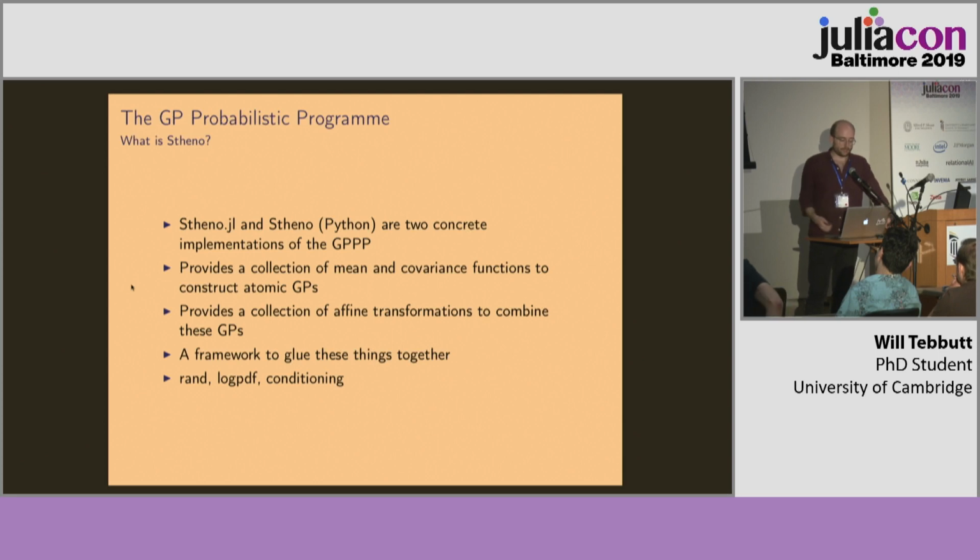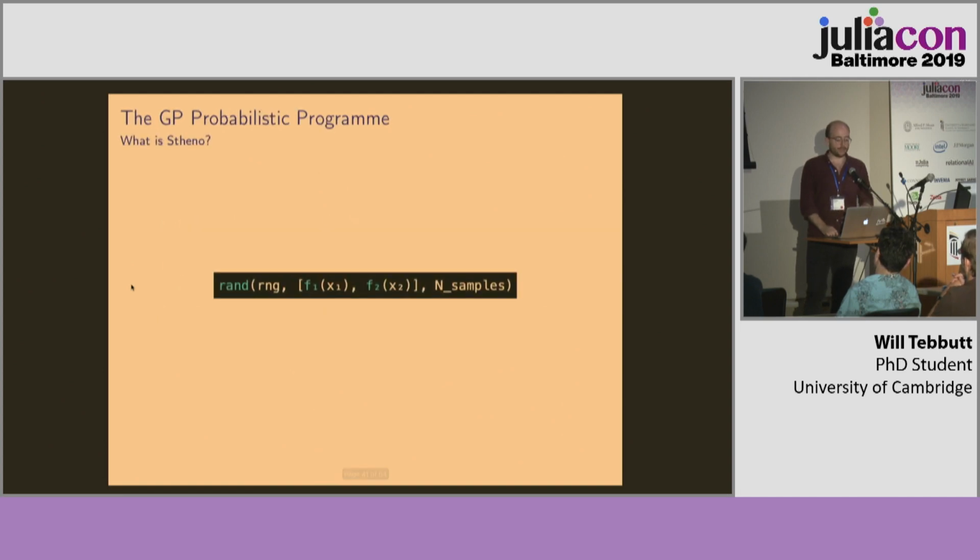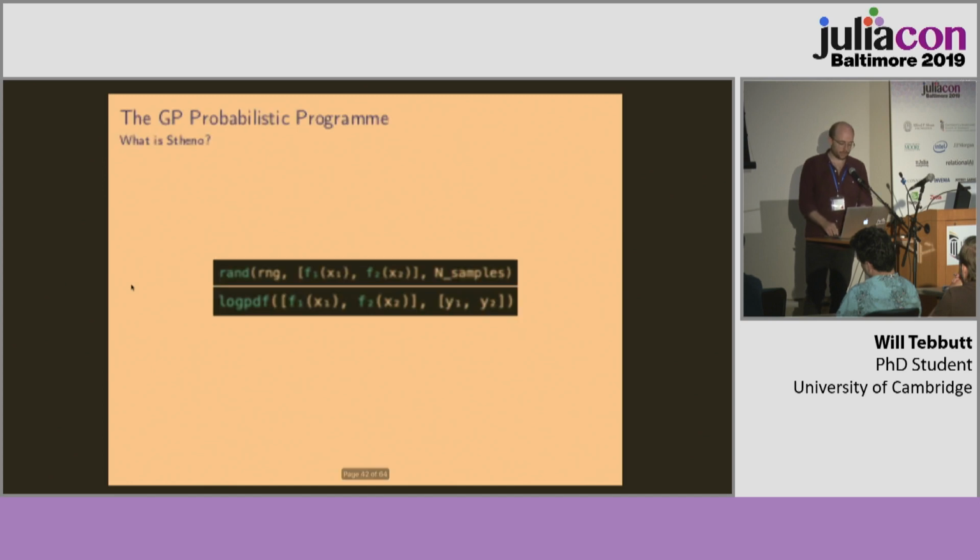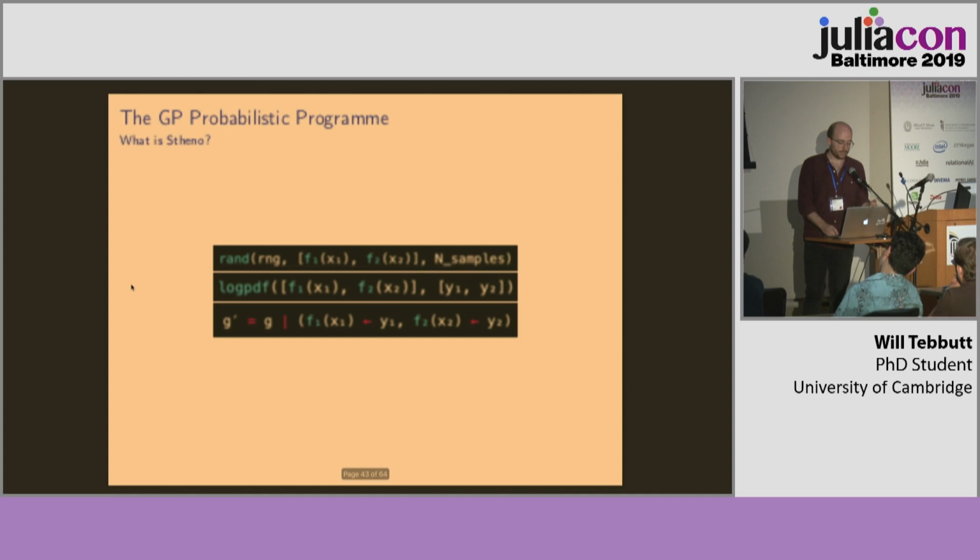Stheno.jl and Stheno, which is a Python version that Wessel maintains, are two concrete implementations of this Gaussian process probabilistic program idea. They provide a collection of mean and covariance functions, a bunch of transformations, and the framework to glue things together, and things to sample, in the usual distributions-style rand. So we've got rand of some random number generator, and then we're saying sample from f1 at some locations x1, f2 at some locations x2, and give me n samples. And similarly, compute the log PDF of f1 at x1 being y1, f2 at x2 being y2,